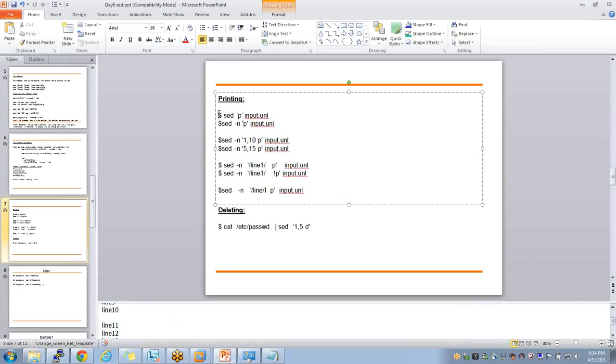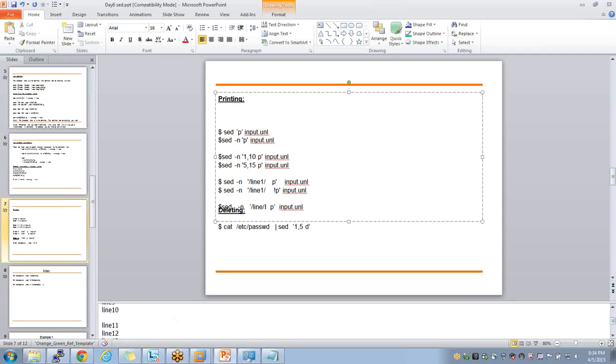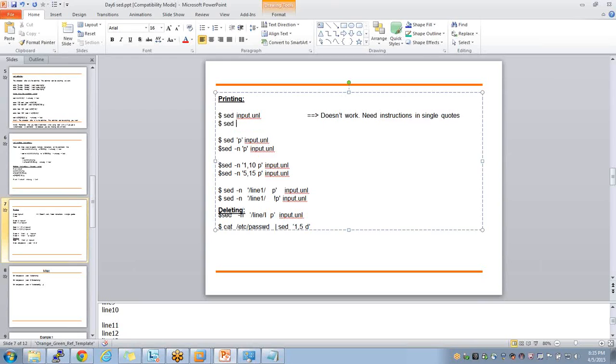One second, I found something interesting here. I say sed input.unl. Doesn't work. You need something in single quotes. Basically, you need instructions. What you do after this is single quotes, then input.unl.